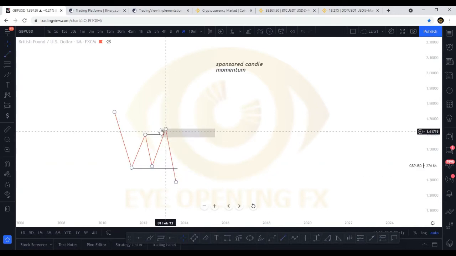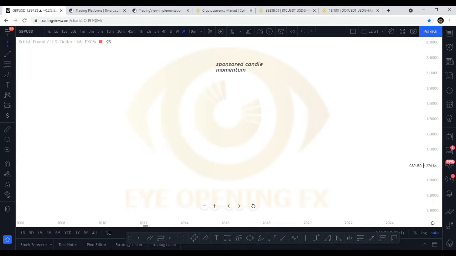This high, the last candle here, is your sponsored candle. Now, another part of this sponsored candle is this. Let's take, for example, market made